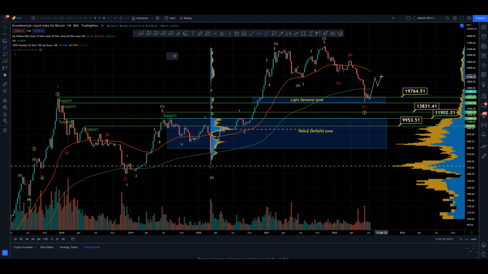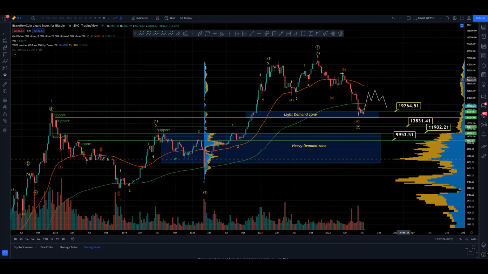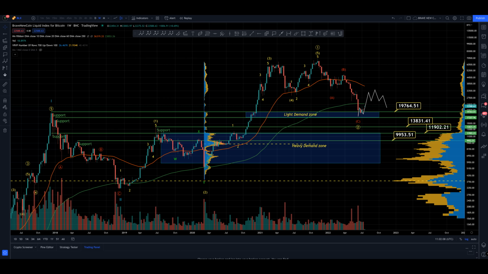Now if that is the case and we get 5 waves up, we're going to be looking for 3 waves back. Could come as a zigzag like that, or it could come as a flat. Either way, weekly time frame, long-term trade entry here, big swing trade if you're bullish like I am, to potentially the moon if this is a 1 into a 2 and we're going into a 3. This is what I'm waiting for to really commit to this thing. Okay, now at the moment it's just too uncertain for me.